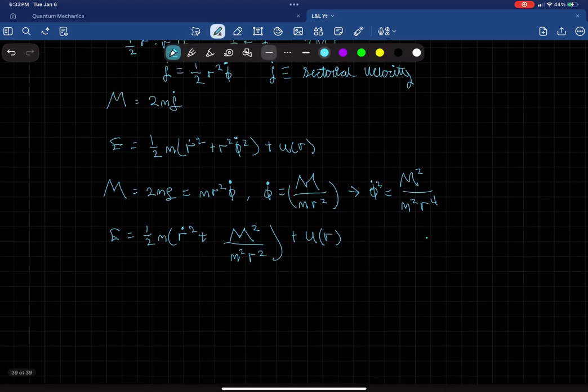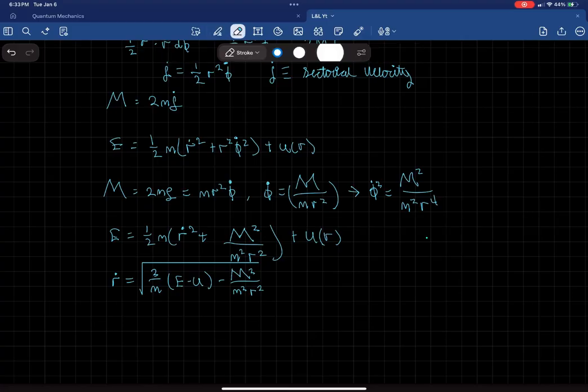So r dot gives us the square root of 2 over m times E minus U minus capital M squared over m squared r squared, all of this inside of a root. And integrating this, we get